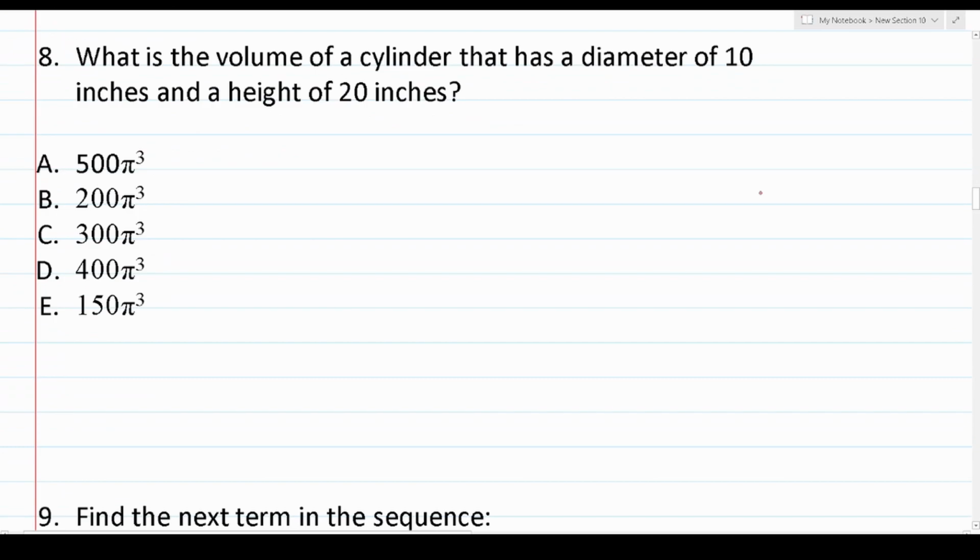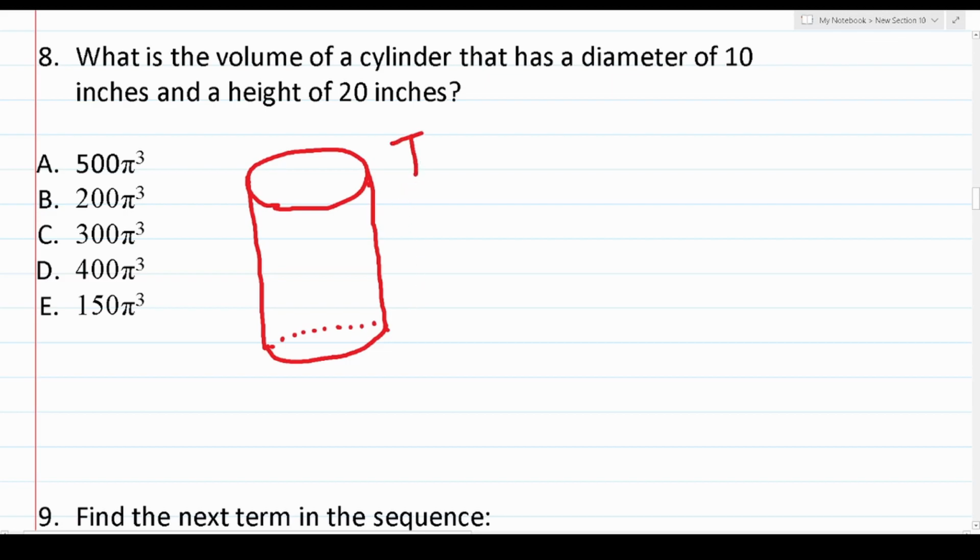Number 8 says, what is the volume of a cylinder that has a diameter of 10 inches and a height of 20 inches? So in case you don't know it, a cylinder kind of looks like this. You have a circular top, and a circular base. And according to this problem, we know the height of this cylinder is 20 inches, whereas its diameter is 10